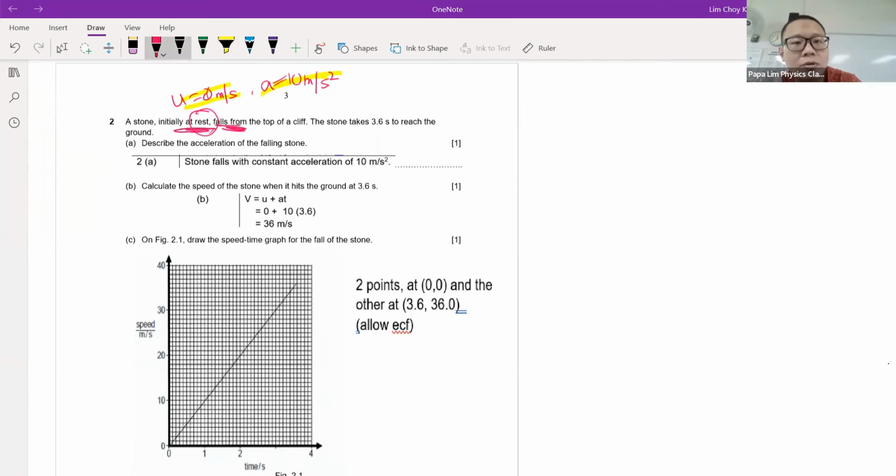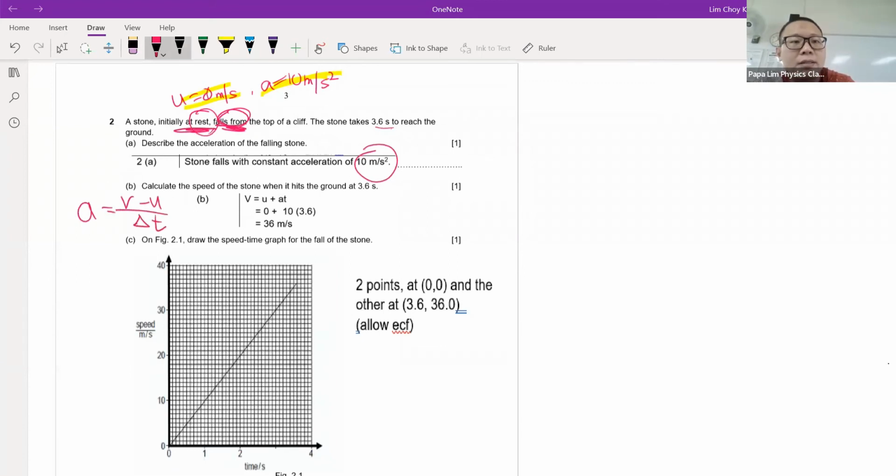Then the question moves on to say it takes 3.6 seconds to reach the ground, and asks us to define the acceleration of the falling stone. Because I know it is falling, it is under free fall, so like I mentioned, the acceleration will be 10 meter per second square. To calculate free fall, the common formula we use is: acceleration is the change of velocity per unit time,